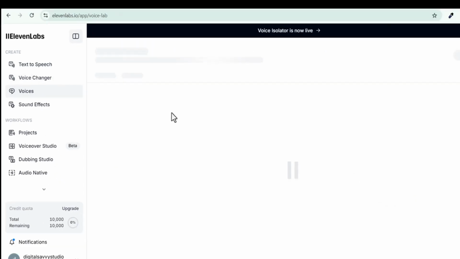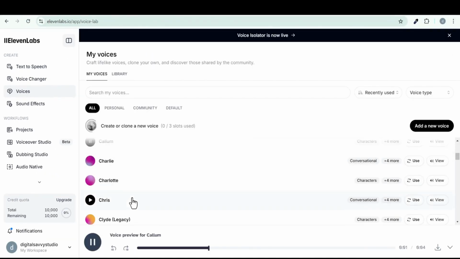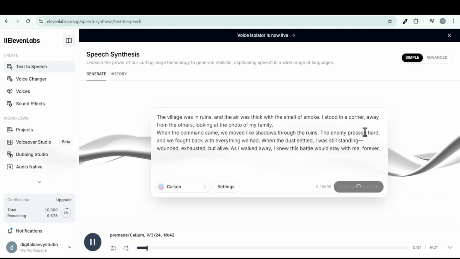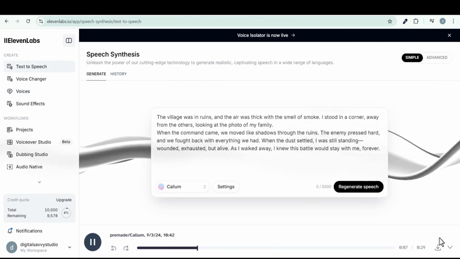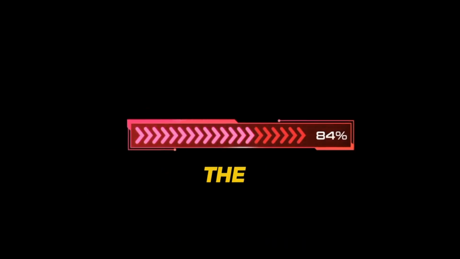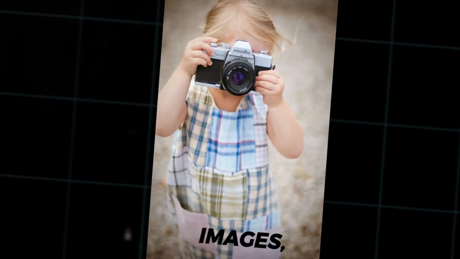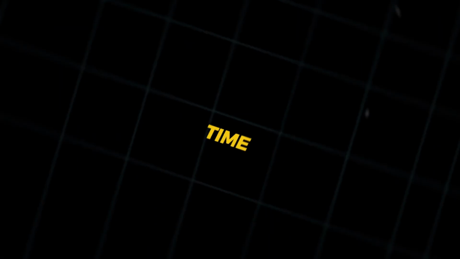Next, browse through the available voices and choose the one that best fits the tone of your video. Once you're happy with your choice, click Generate and let 11 Labs do its magic. After the voiceover is generated, download the audio file to your computer. Now that you have all your elements ready, images, sound effects, music, and voiceover, it's time to bring everything together